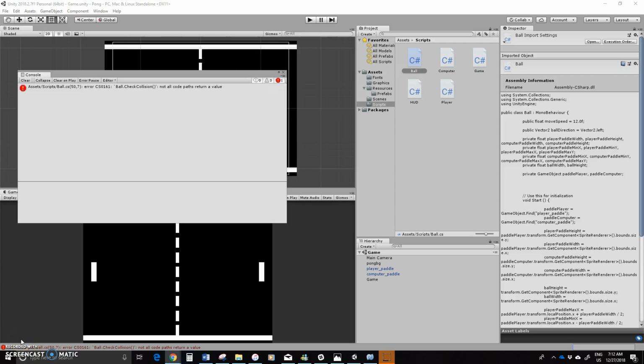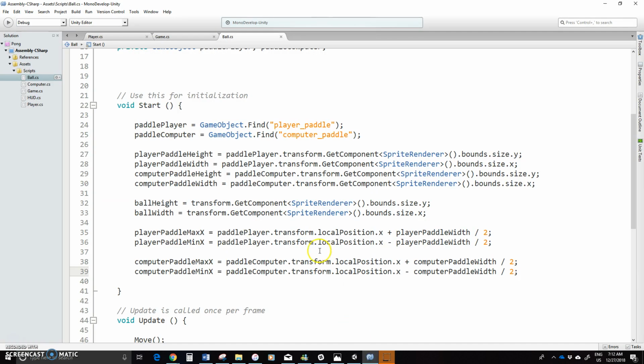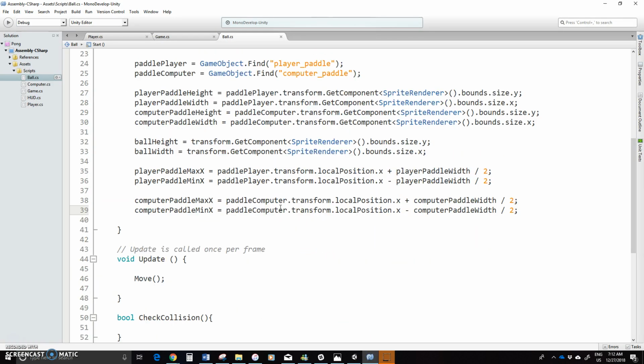So let's continue here, checking our collisions. And like I said last time, we created all these variables here, and we did all these measurements and so on. Now we actually have to start using them to check the collision. One thing I mentioned as well was that we need to be able to update